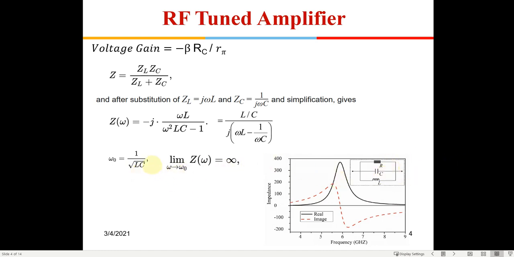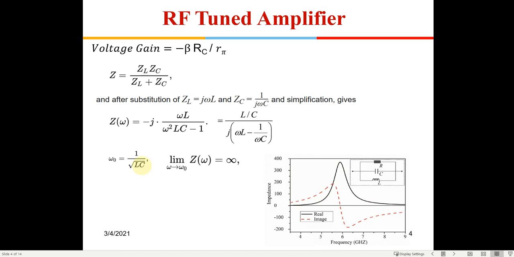Generally, because we are making an amplifier, there will be a requirement to tune the amplifier for various frequencies. So the inductor generally cannot be tuned, so generally you will have an inductor constant, and C will be tuned for different frequencies. Say for 100 megahertz I will have one value of C, for 100.25 megahertz I will have some other value of the capacitance. So you have a variable capacitance.